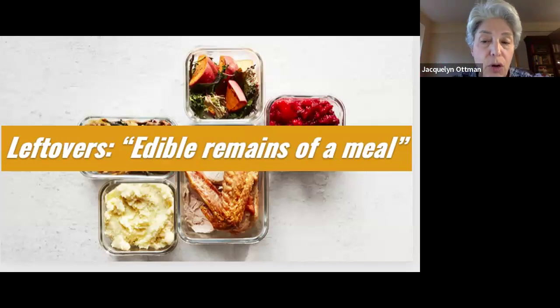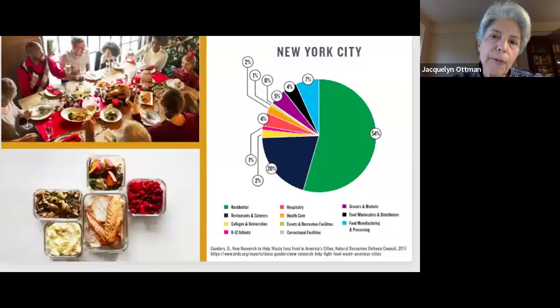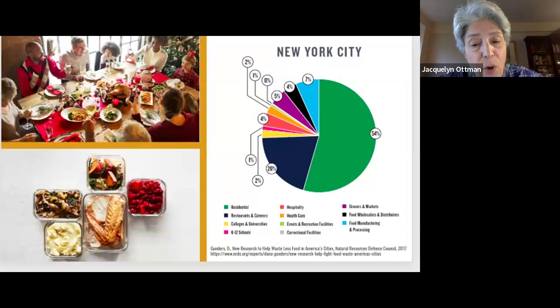So leftovers also need to encompass the food we bring home in a doggy bag, as well as any prepared foods left over from a food delivery. So, who generates leftovers? Us, all of us. Just looking at New York City, where I have statistics, the Natural Resources Defense Council has found that over half, 54%, of all food waste that we throw out winds up in a landfill